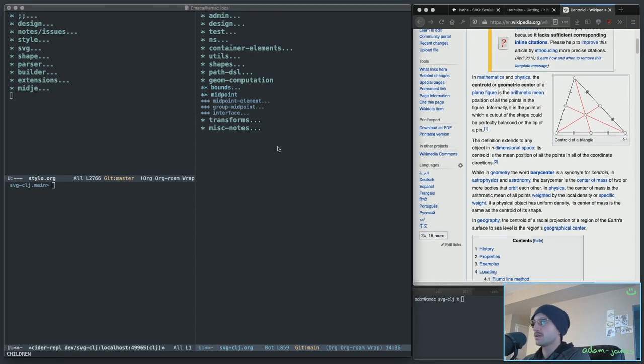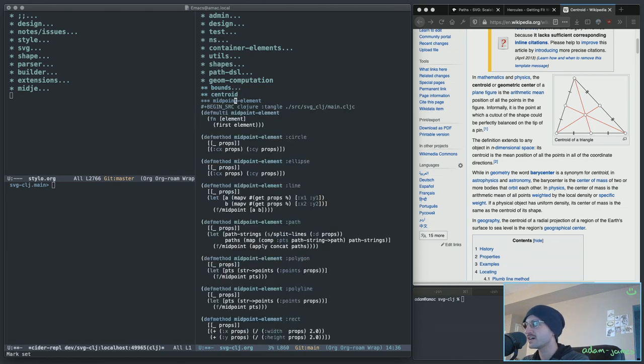Anyway, all that means is this is just labeled wrong. And here, I just need to make sure that this is actually going to be correct. So it's useful to get the centroid of 2D shapes, and different shapes will have slightly different ways of calculating it. For example, a circle and an ellipse, they have different properties. Oh, you know what? It turns out I used exactly the same implementation. Oh, that makes sense because